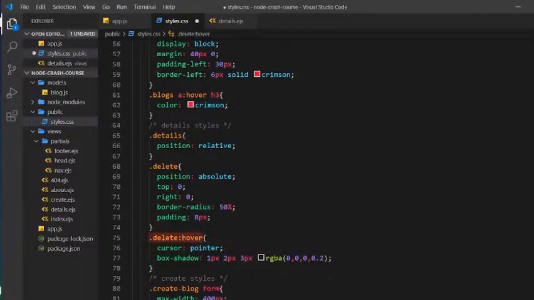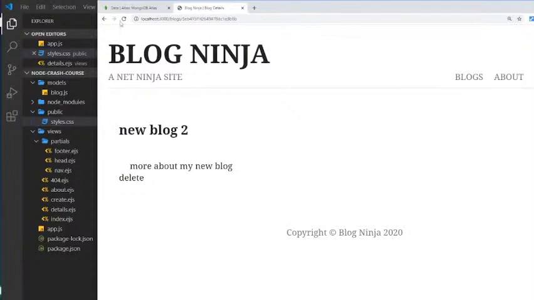Then delete hover, which is the hover effect. We're going to say the cursor is pointer, so the little hand, and give this some box shadow. So let me save this and preview again, and now we see this thing over here. All right. So we will make this maybe an